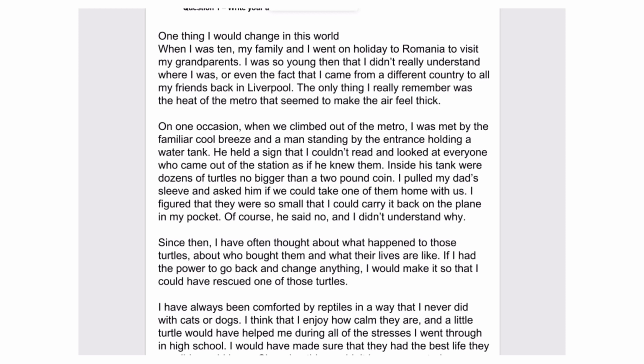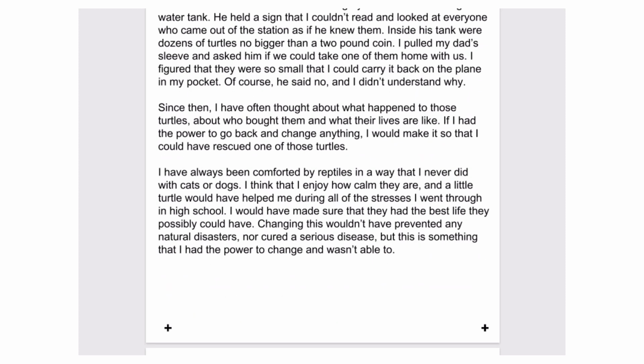I pulled my dad's sleeve and asked him if we could take one of them home with us. I figured they were so small that I could carry it back on the plane in my pocket. Of course, he said no, and I didn't understand why. Since then, I have often thought about what happened to those turtles, about who bought them and what their lives are like. If I had the power to go back and change anything, I would make it so that I